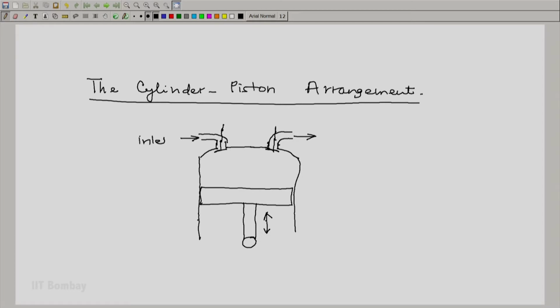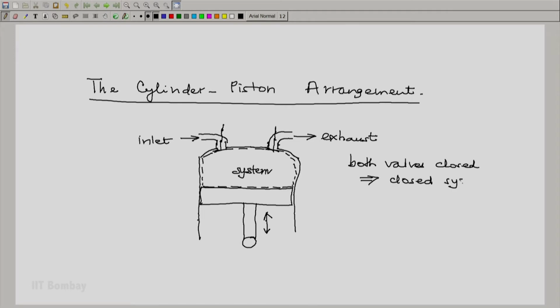This is the inlet port with inlet valve, and this is the exhaust port, and this is the exhaust valve. Our system will be whatever is the fluid which is enclosed inside this cylinder piston arrangement. If both valves are closed, then we have a closed thermodynamic system,